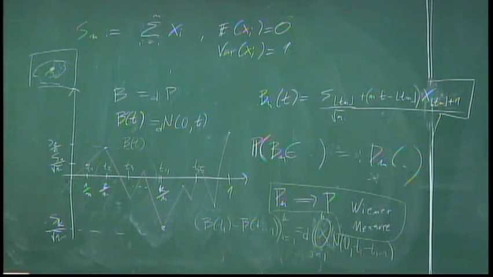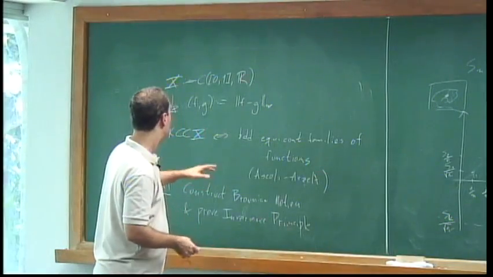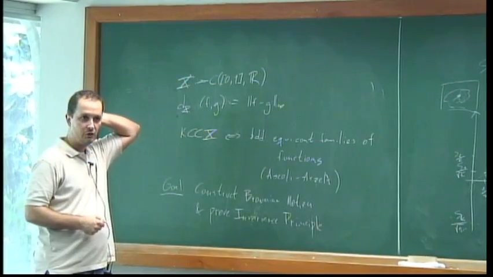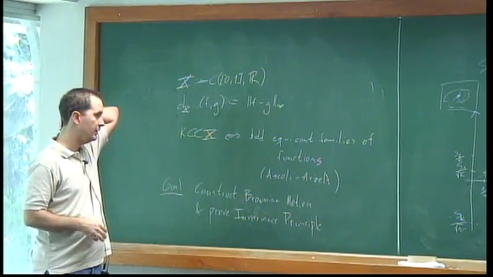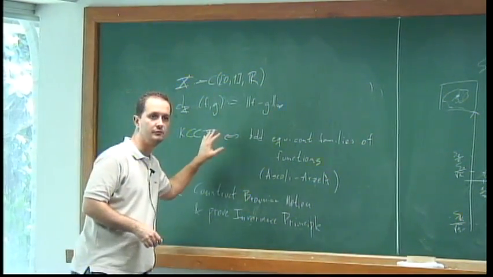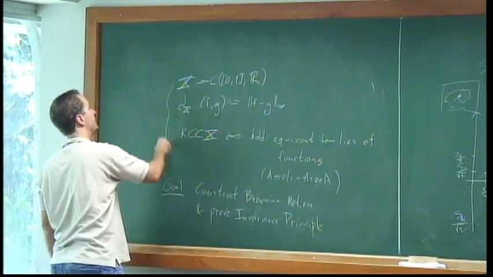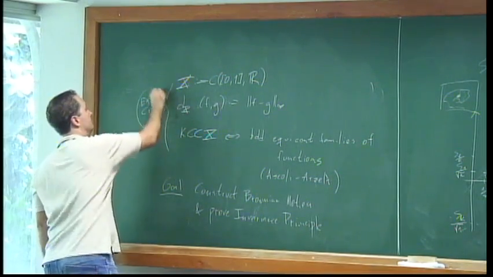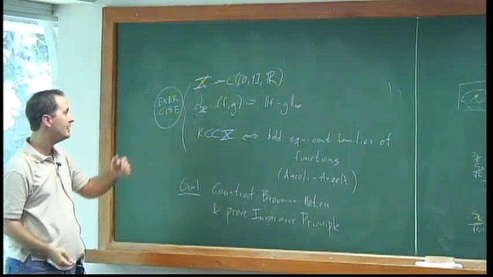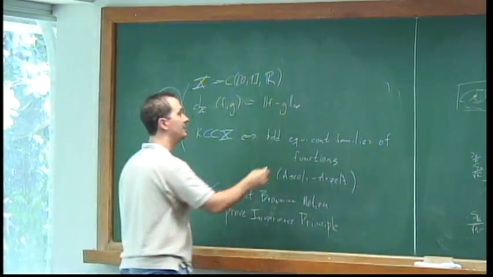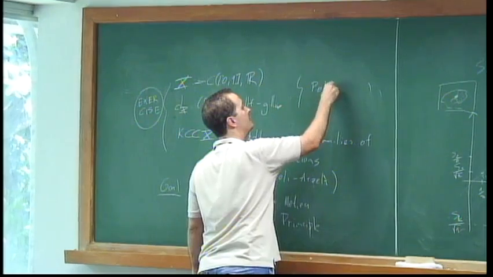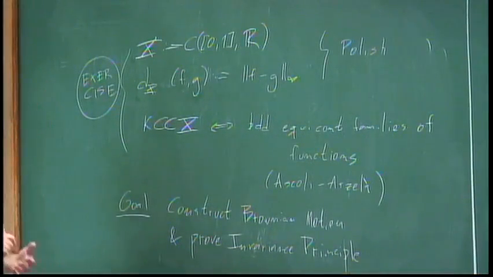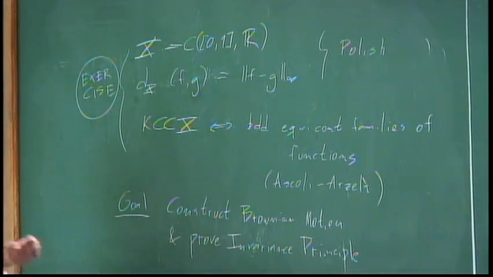So essentially, all this about Prohorov and everything, the only justification we give for this in this course is this business of Brownian motion. But now that we have all the tools, this is not going to be very hard to prove. Okay. By the way, this is all an exercise. It's essentially a matter of taking things you know and noticing that they imply that this is a Polish space and that you do have a characterization of compact subsets. Okay, thanks.